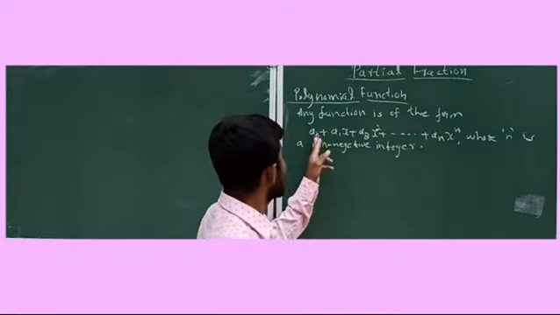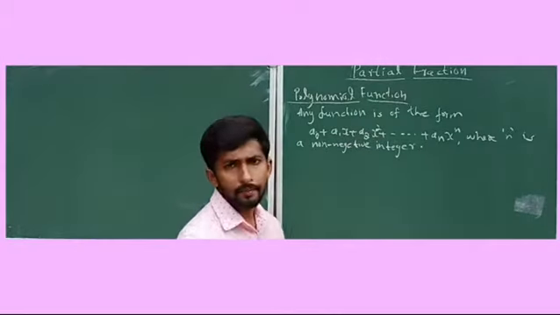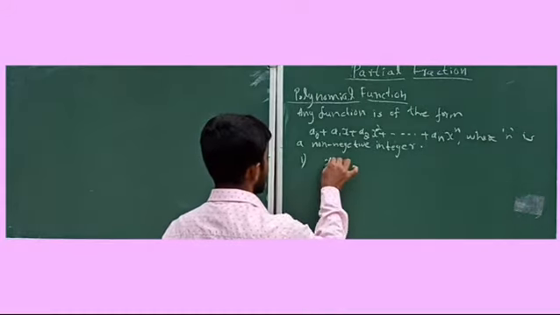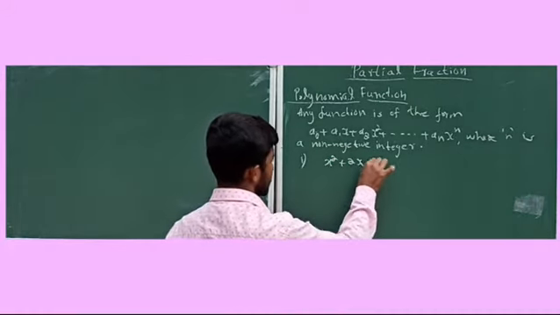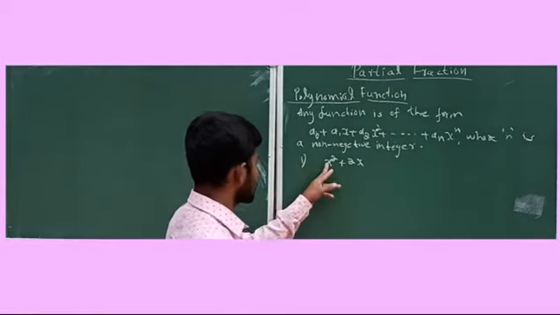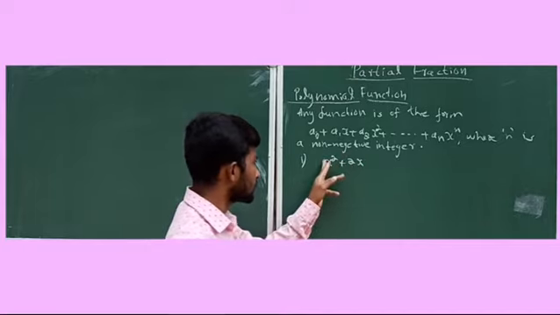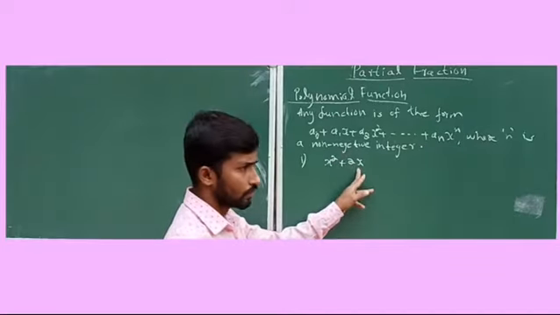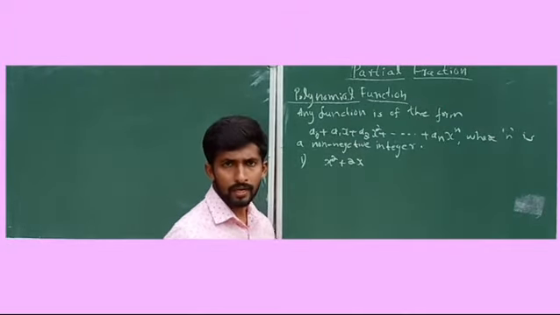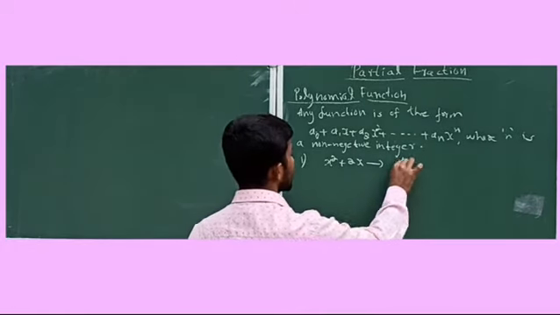Here a0, a1, a2 are coefficients of x. n represents the degree of the variables. For example, see x square plus 2x. This is an example for a polynomial function. Here the power of x is 2, here the power of x is 1. The highest power of the variable is equal to 2, right? x square is there. So this is a polynomial function of degree